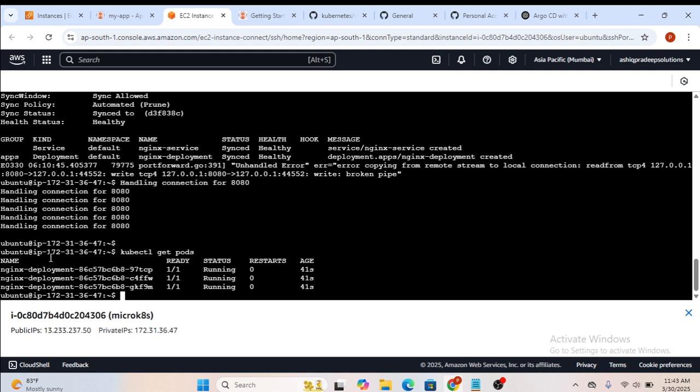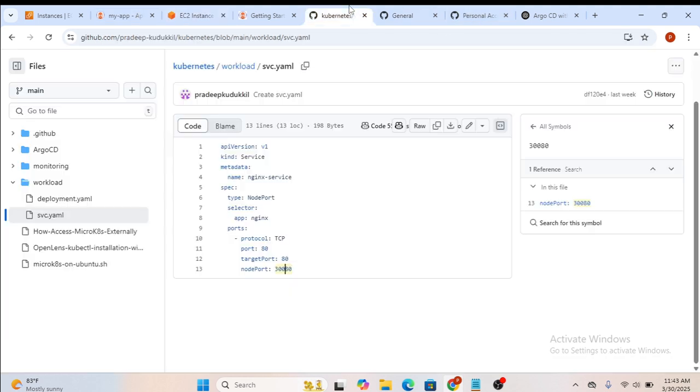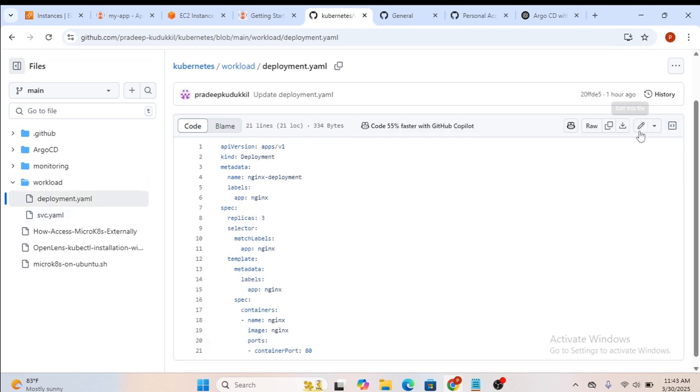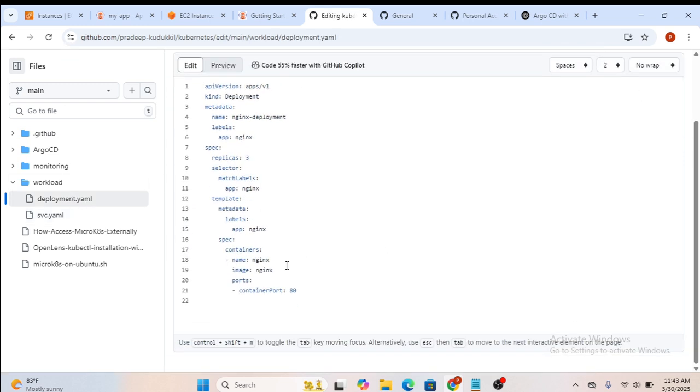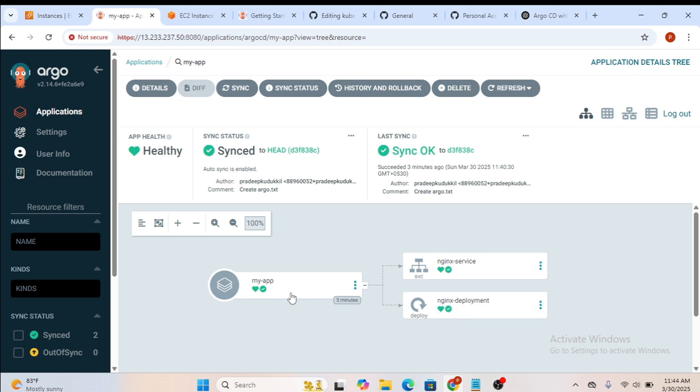Yeah, now you can see three pods created 40 seconds ago. Okay, so that is the beauty. And maybe we can do one more thing. We can simply edit something, change something inside this. Maybe you can just change the name. Okay, my nginx. Okay, now the name is nginx. So here you can see it will show all the